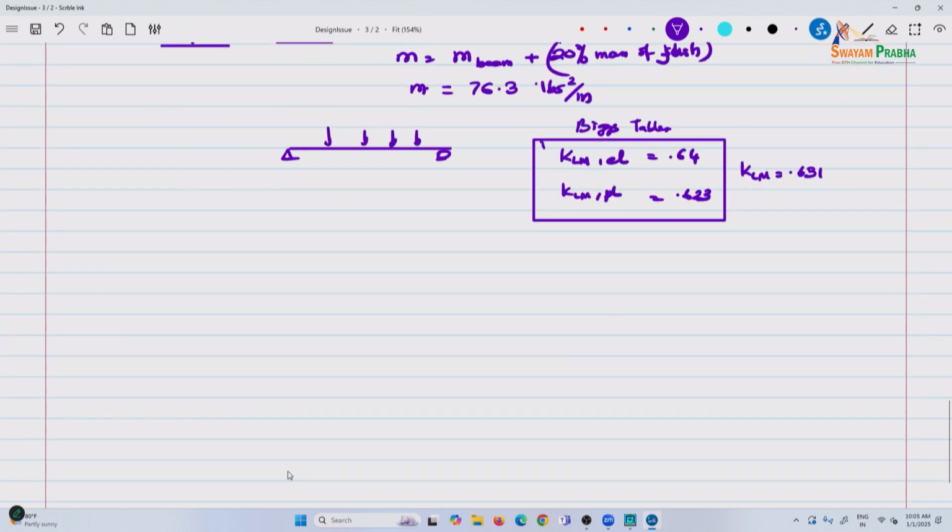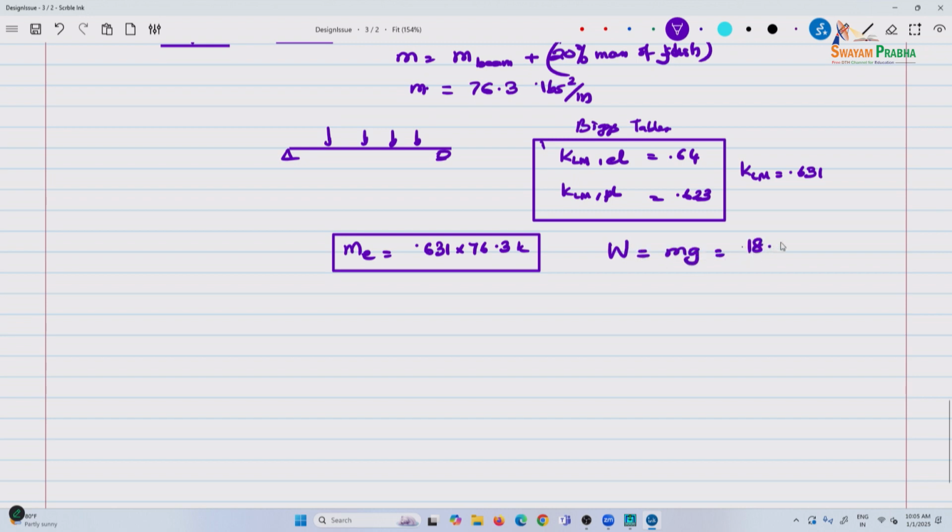If you do not have it, you make some approximations. So, from this, your equivalent mass is 0.631 multiplied by 76.3 kips, or the weight comes to mg, which is 18.6 kips. So, then what I did was I went to non-lin, and